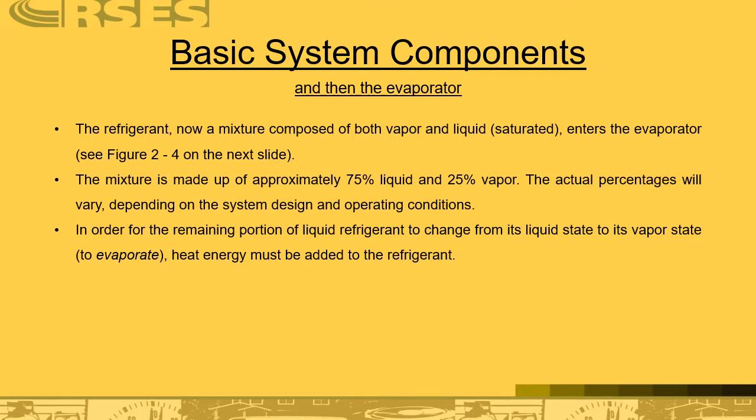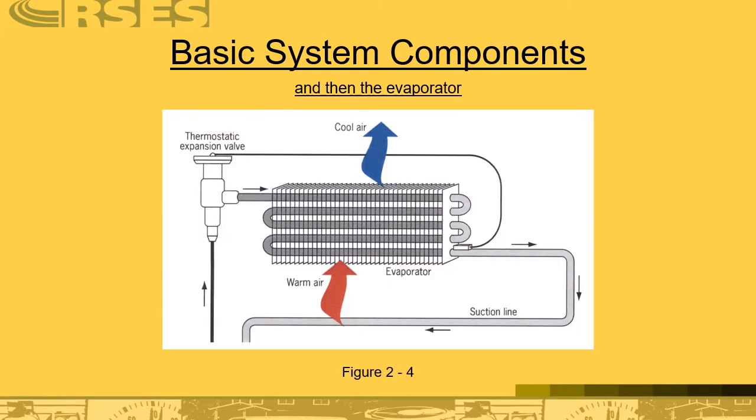In order for the remaining portion of the liquid refrigerant to change from a liquid state to a vapor state, to evaporate, in this case, heat energy must be added to the refrigerant. No heat, no change of state. Okay, in this figure 2-4,